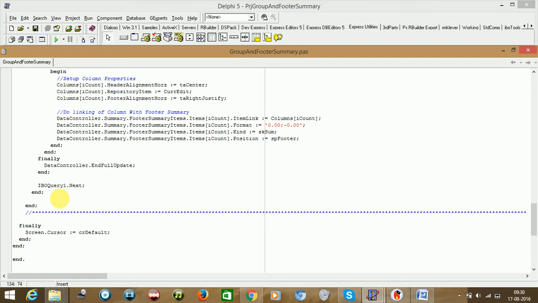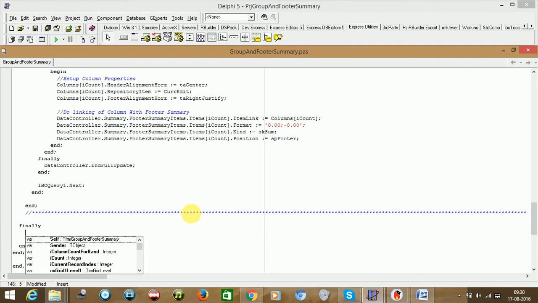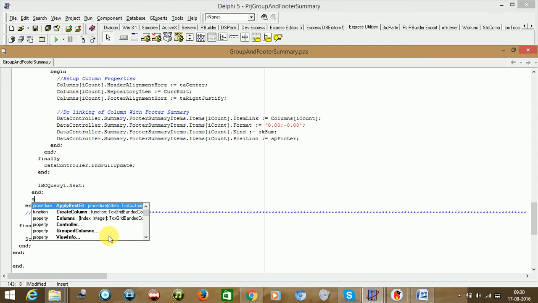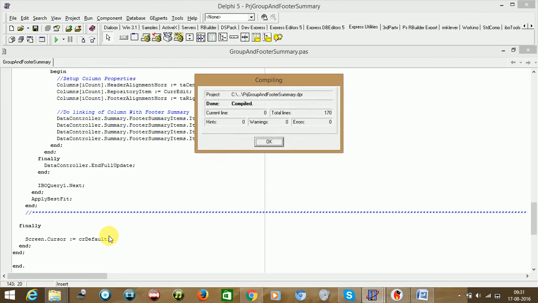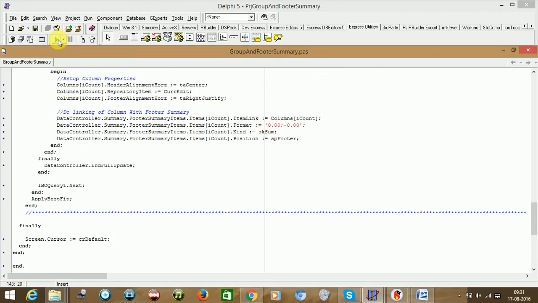Once everything has been done, we can just say apply best fit, or you can say after this also here apply best fit. Control F9, we are compiling, it's compiled successfully. Now just try to run this.